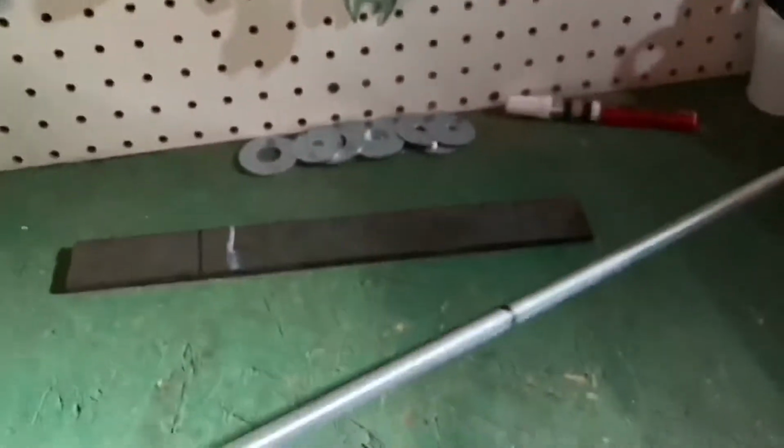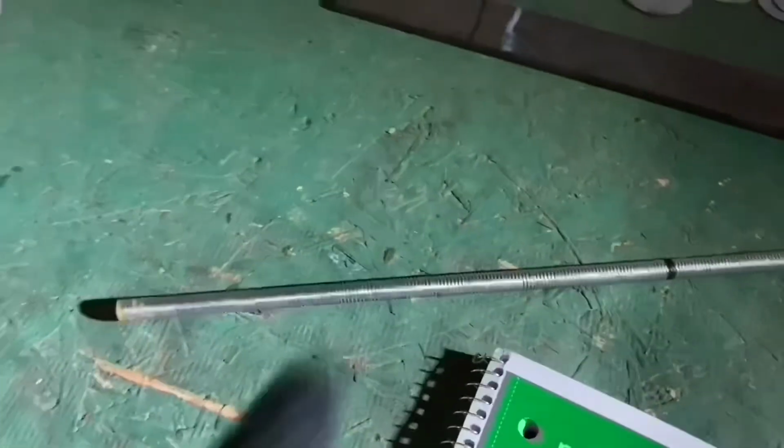That was my door. But that's all the materials I had from down here, and this is just full of random stuff. Then I went to Home Depot and bought this, and I already measured it. I also bought some washers right here. This one's going to be a bigger